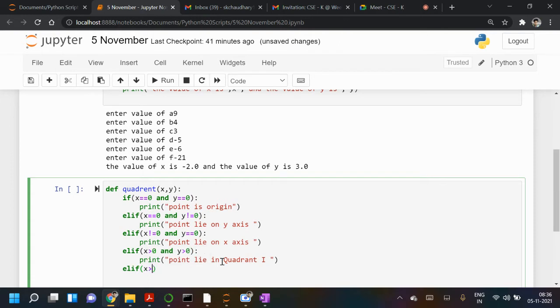So like x is positive and y is negative. So how do you write in order? So in the first quadrant, both x and y are positive. In second quadrant, x is negative and y is positive. So lie in quadrant 2.